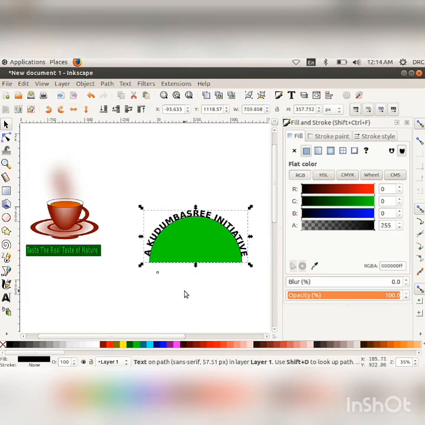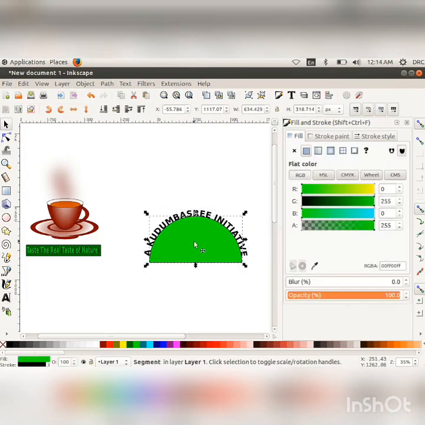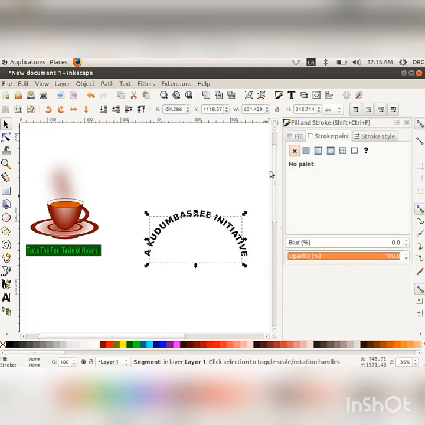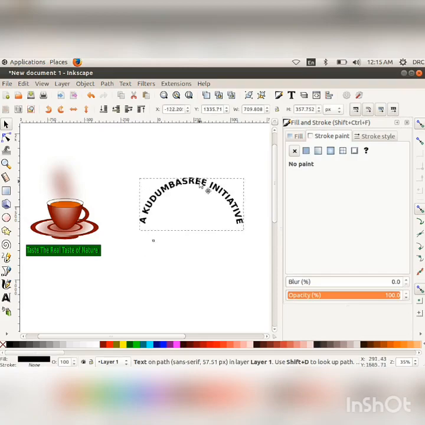To remove the fill color and stroke paint color of the semicircle from the fill and stroke window, use No Paint from the Fill and Stroke Paint tabs. Now created the curved text.